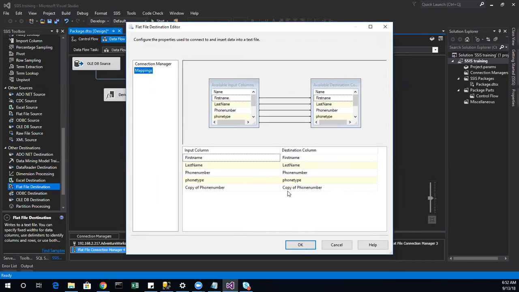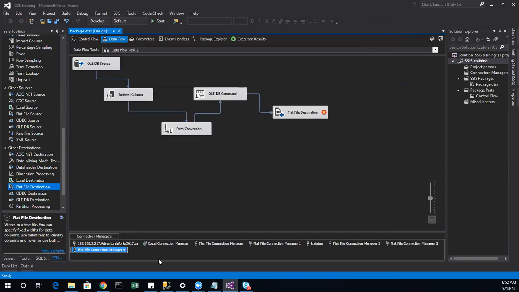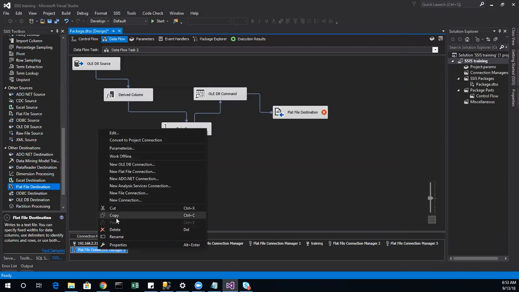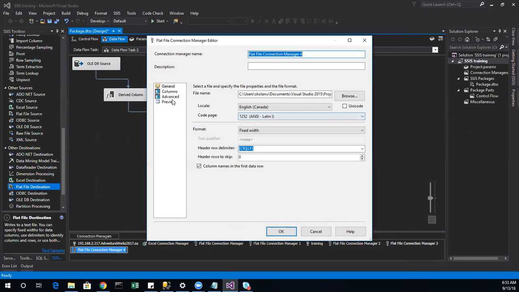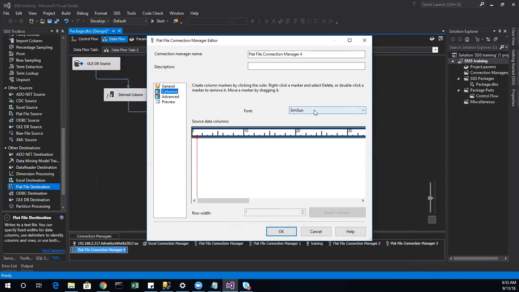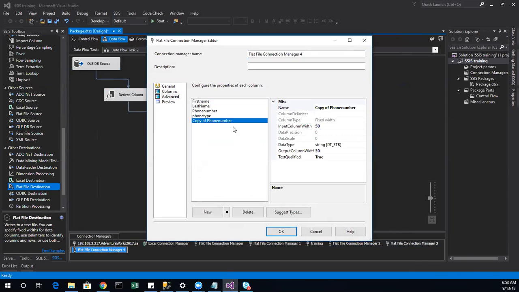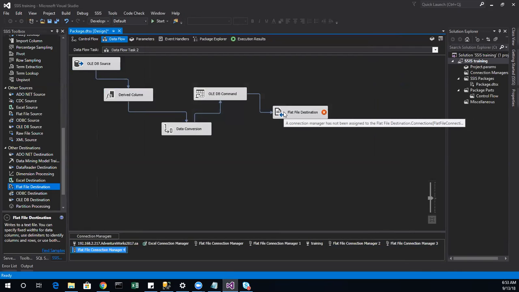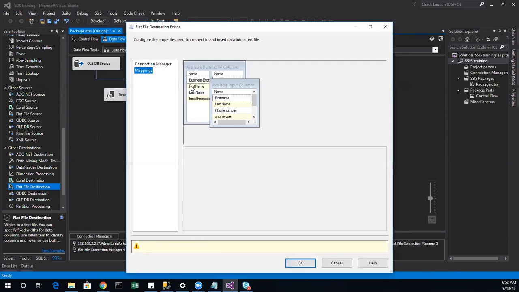Okay, so we don't need both the phone number type columns, right? So we have to delete one of them. One thing is you can go back onto the flat file connection manager, edit it, and in the columns or in the advanced, you can find this one or this one. I'll find this one, right click and delete it, or you could choose it and delete from there itself. Okay. Now, if I go back and try to map it again,